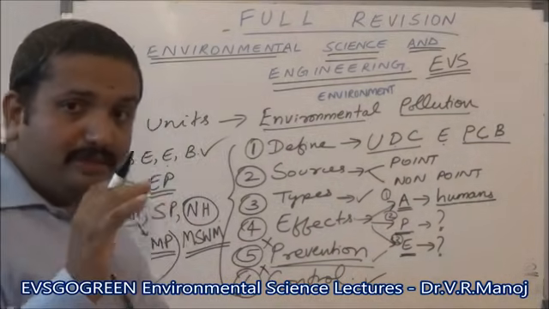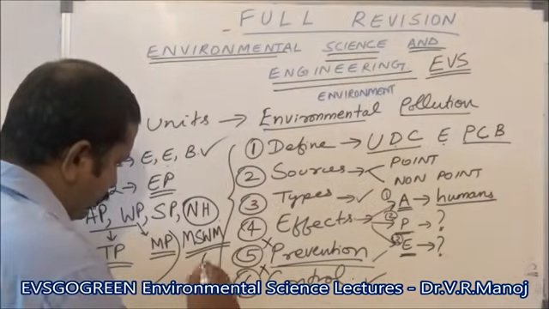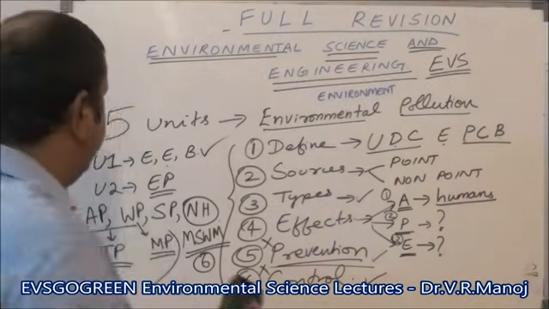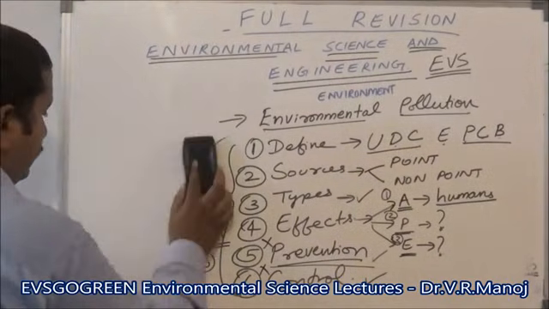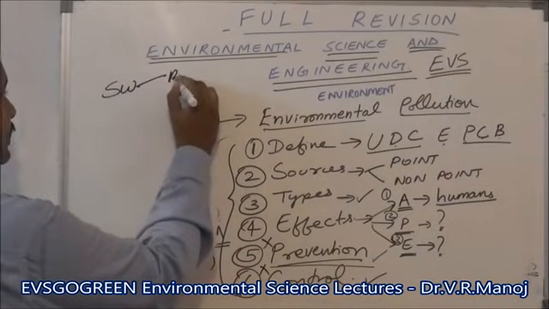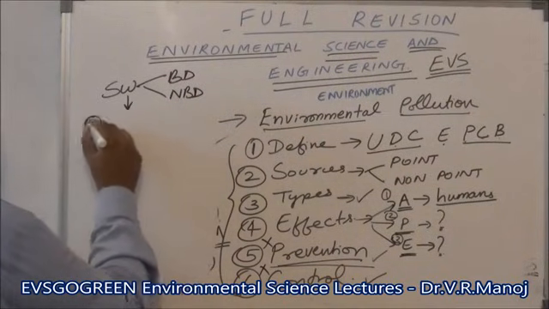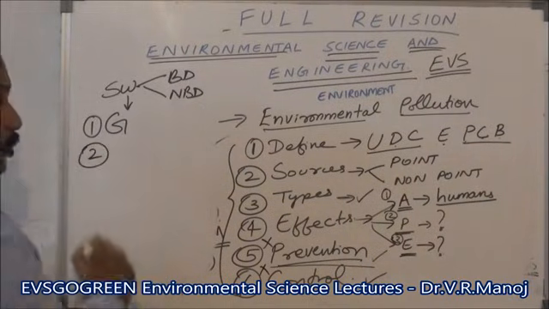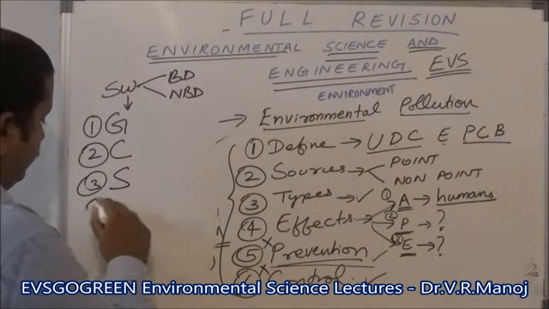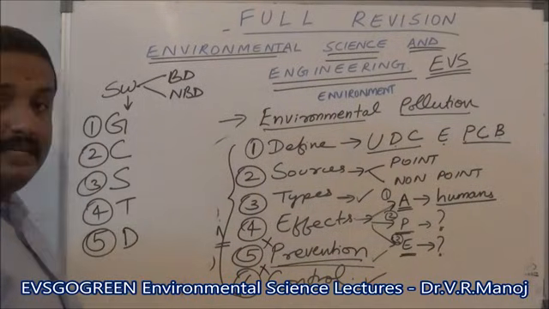Okay, so when it comes to municipal solid waste management, there are a couple of things that you should remember. Number one is the flow chart, the 6-step method to remembering how the solid waste is generated. So how is the solid waste generated, or what are the things that you do? Solid waste is either biodegradable or non-biodegradable. Whatever be the case, the solid waste must first be generated. Once it is generated, you collect it, you segregate it, you transport it to a safe location, and then you dispose it. And for disposal, there are 3 major